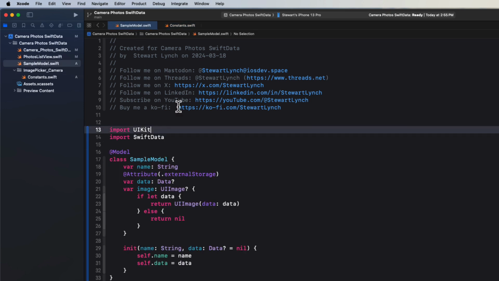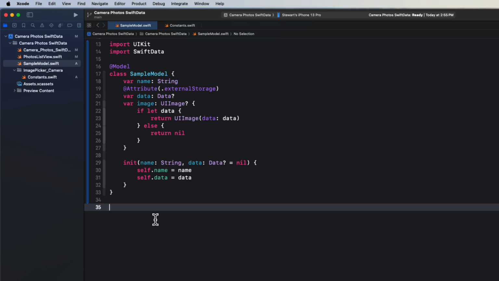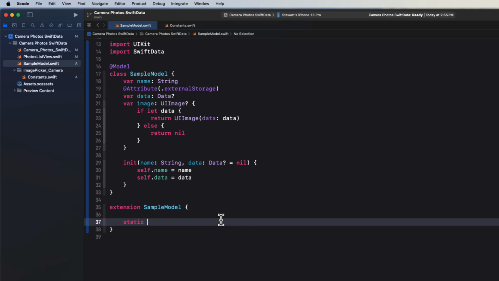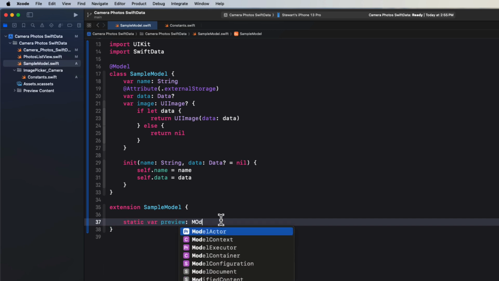So we'll return to our SampleModel now. I'm going to create an extension, and that's going to allow us to create an array of sample items that we can use for our previews. These items will not have any images, just a name property set so that we can see how we can add or change images after the item has been created. So we'll create an extension for SampleModel,